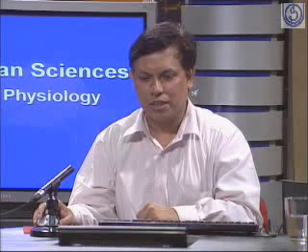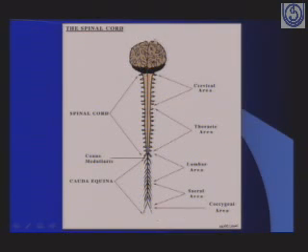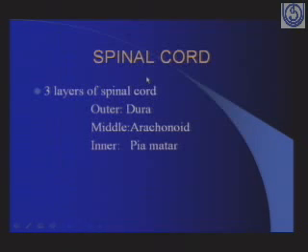So this is a structure of the vertebral canal within which the spinal cord is situated. This is a cervical region, then your thoracic region, then your lumbar region and sacral region. So there is a canal within the vertebral column that is known as the vertebral canal, within which the spinal cord is situated. Again, there is another diagram showing the different parts of the spinal cord. This is your cervical part and the thoracic part, lumbar part, sacral part, and at the end you will find the coccygeal part. So these are the different parts of the spinal cord: cervical, thoracic, lumbar and sacral.